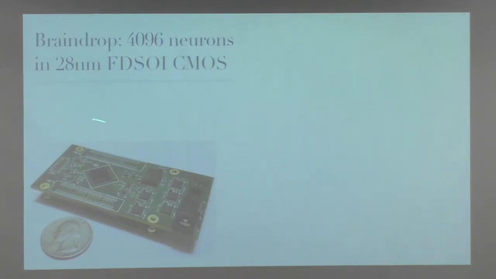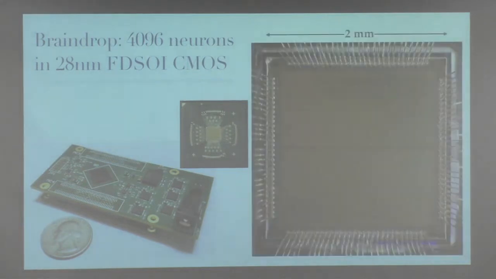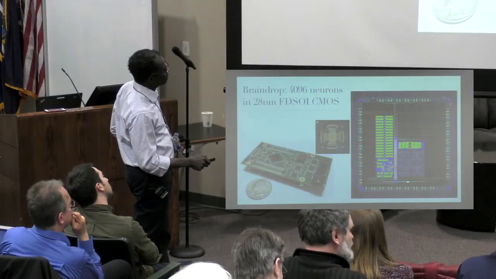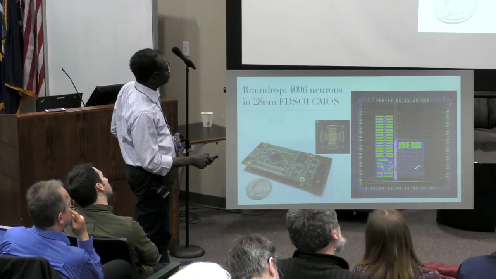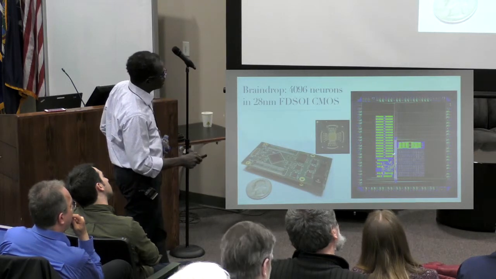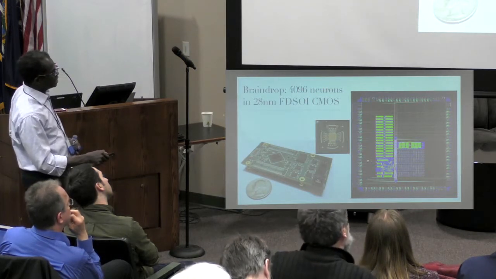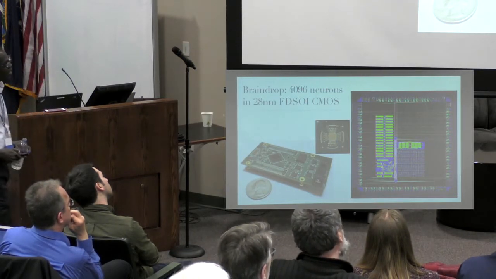And so that's what the chip looks like, the size of your credit card. That's what the die looks like sitting inside this package. You blow it up, it's about 2 by 2 millimeters in 28 FDSOI, I think the same process Giacomo is using. And this is our SRAM for decoding weights and transforms. And these are other lookup tables for tags and things like that. And these are neurons, a 64 by 64 2D array of those neurons, 4096, intermingled with the synapses, filters, and so forth. And then the routing for taking spikes in and out of those neuron arrays.